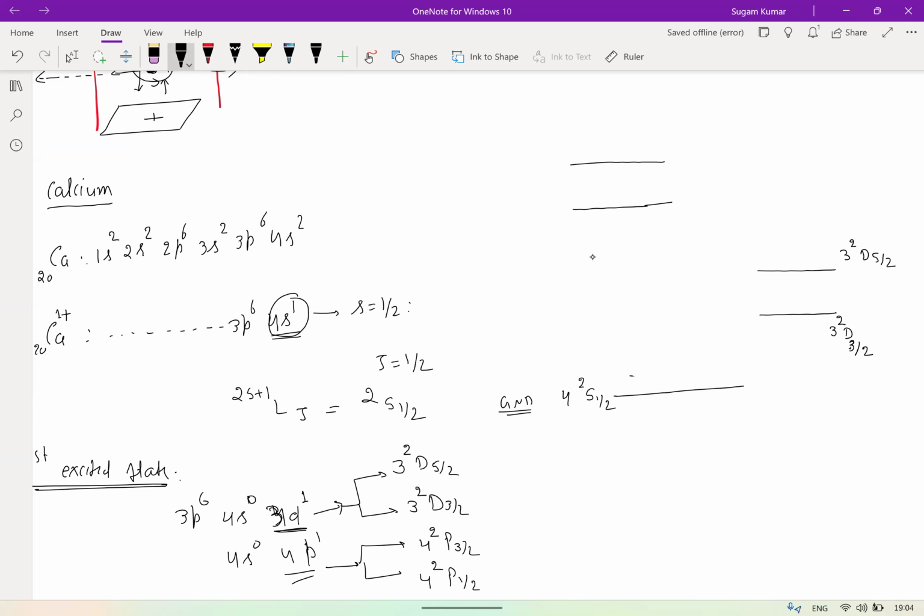There are two more states. So that is the 4,2P 1/2, which is again a less than half filled state. So you can see this is the electronic configuration, and the different states in this situation. And now these states,